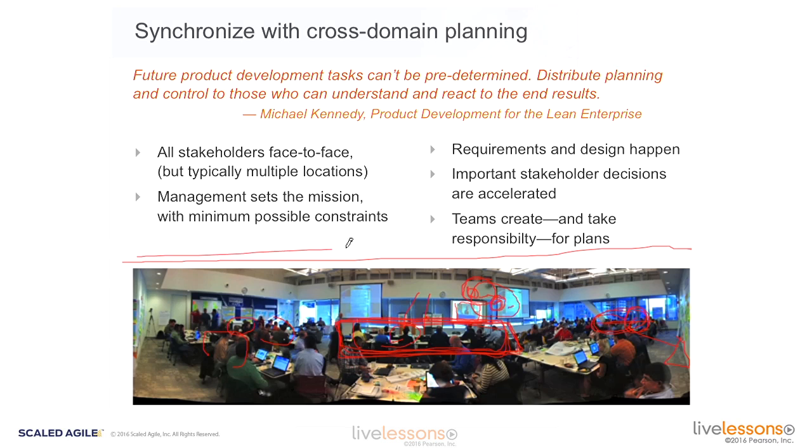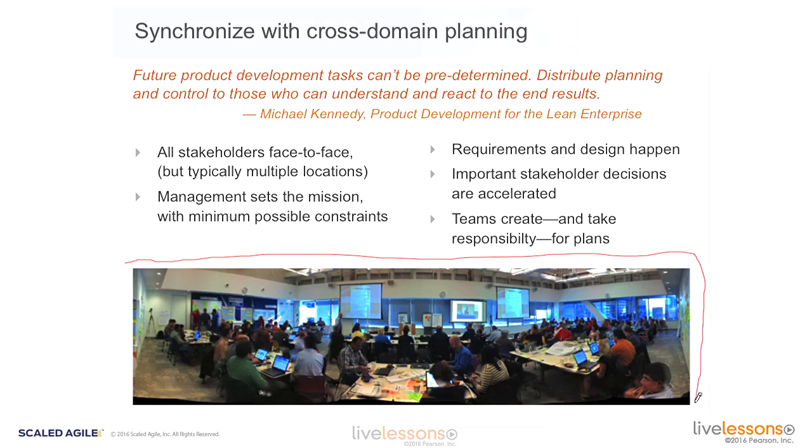So this process in SAFe is immutable. You got to do it. Now, lots of ways to do it, and you can go to the website and look at the case studies, because most people will say, well, we didn't think we could do that, or we didn't think it was important. Many will say they came away with a conclusion just the opposite. We no longer know how to plan, because without these folks doing the planning, we can't begin to think how we ever had credible plans before.